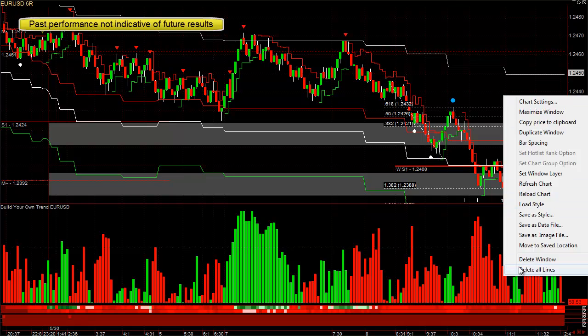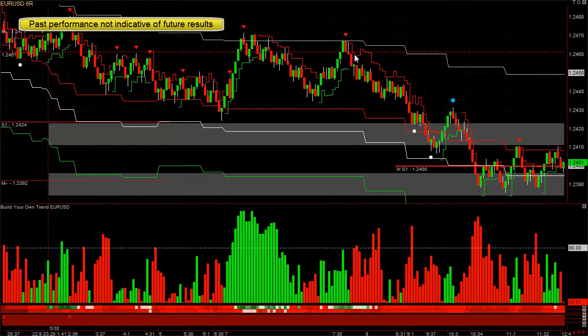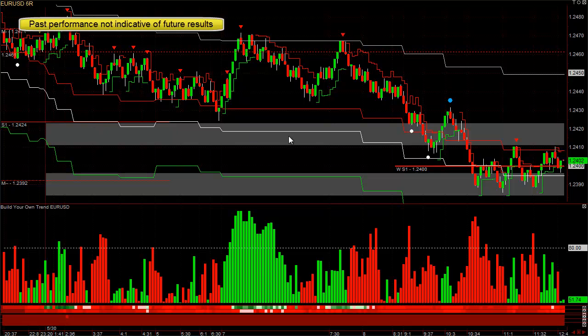So by using the currency meter to identify the currency, and the signals to identify possible entries and exits, you look for the ones that are far away from support areas. So this is a Fibonacci profit target level that I did last night. I spent 30 or 40 minutes so you don't have to each night. And you see these fib areas on your charts, especially when they're underneath our white 2.0 containment bands. When they're at or underneath the white bands, they're very likely to be the maximum low of the day. So the farther away from the next support area, in other words, this trade right here,